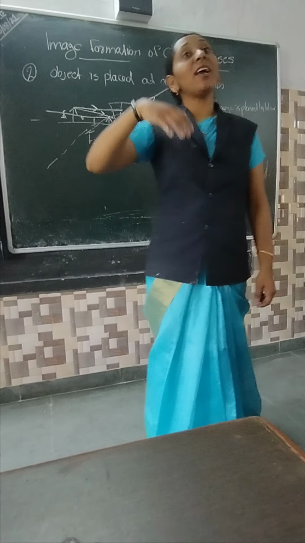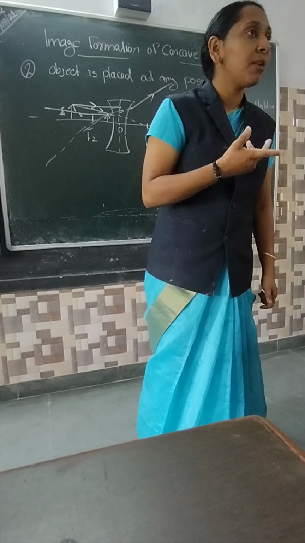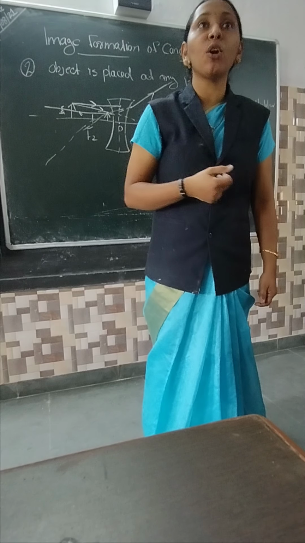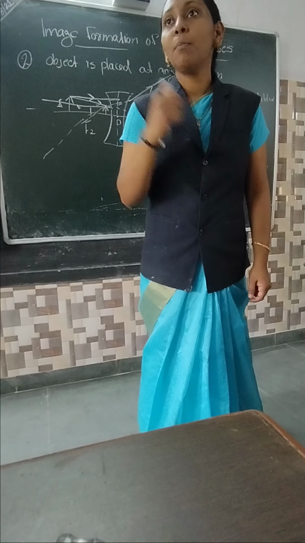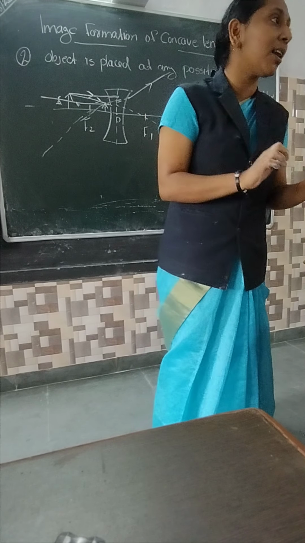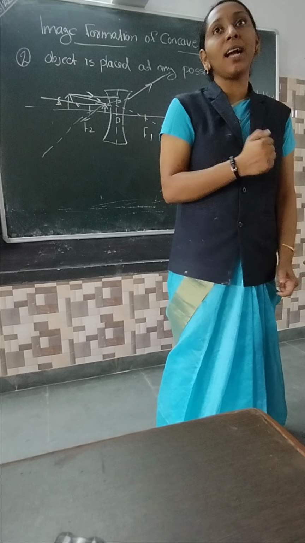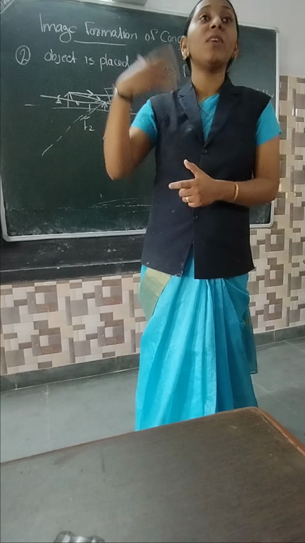I tell you, wherever your object is, the image formation is in between O and F. Maybe some of you have a doubt whether this is true or not. So we have to check it. We will take one more position and check whether the image is formed there or not. So listen here. I am taking any one of the positions. So where is the image formation?